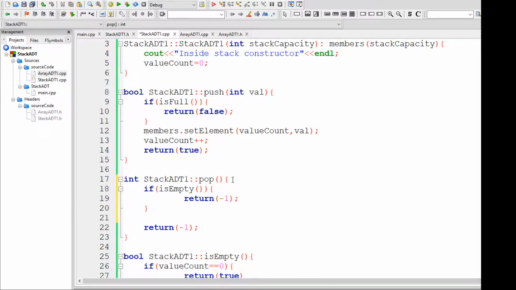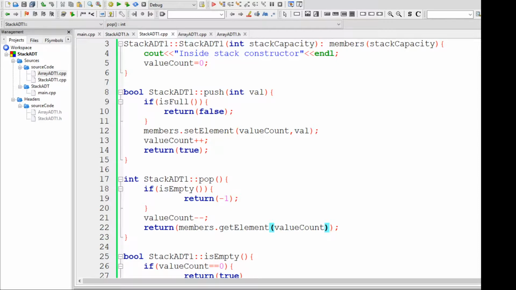If it is not empty, then I should reduce the value count by 1 with minus minus, and then I should return members dot get element. Oh, no, not get capacity. I should get the element at the value count index, and that's what I need in pop.